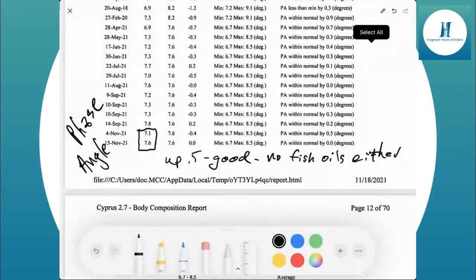Phase angle. Before the trip in September, my phase angle was 7.8. When we got back from the trip, I dropped to a 7.1, and now I'm at a 7.6. I am out of all of my nutrition. So this phase angle simply went up with me eating better, and I'm not taking any fish oil or any omega-3s right now. So just changing the diet, and I went to more